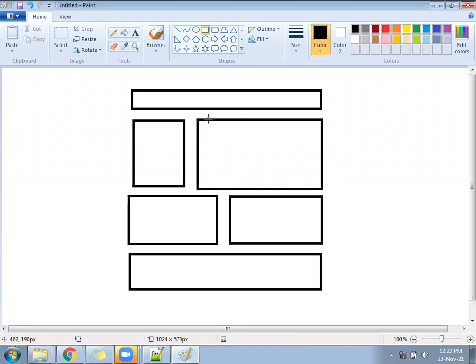So maybe in a large monitor, it will look like this. When you open it on a laptop, your page will look like this. So in that case, these 2 divisions are coming line by line, side by side. So it's called inline. Here it is coming side by side. It's called inline. This is covering full width, called a block. This is covering full width, called a block.